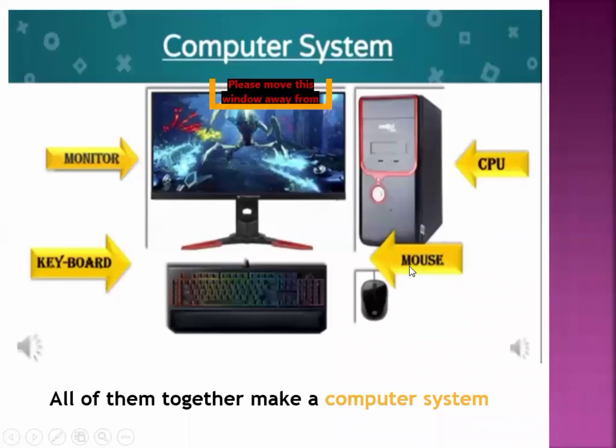The fourth part is the mouse, and we use the mouse to point at different things. We use the mouse to select any object. The mouse is called a pointing device because it is used to point at things on the computer monitor. The mouse is also used to click and drag, and move things on the computer monitor. It also helps us to draw pictures.